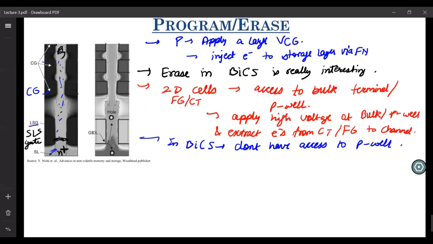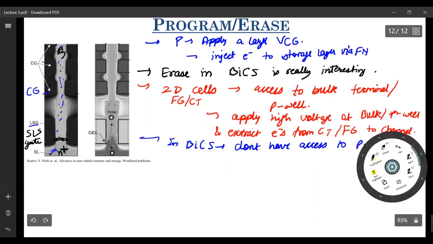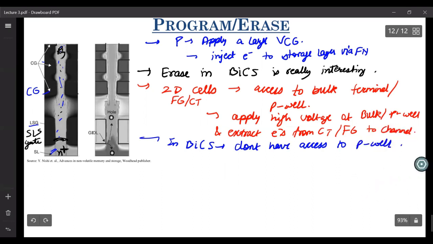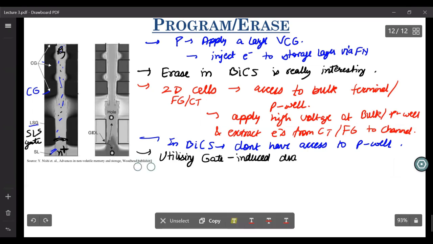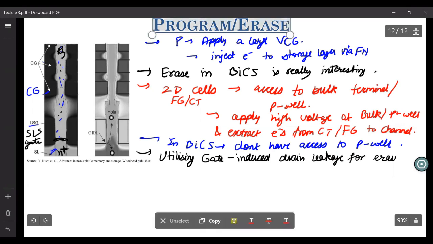So the memory designers are also, I would say, very brilliant people. What they came up with is this concept of utilizing gate-induced drain leakage for erasing.